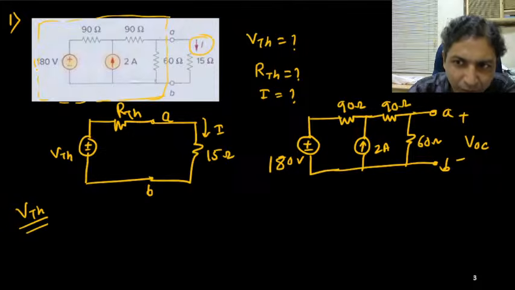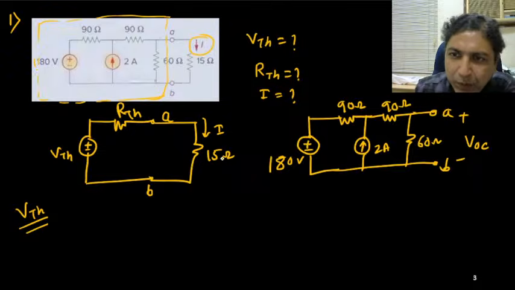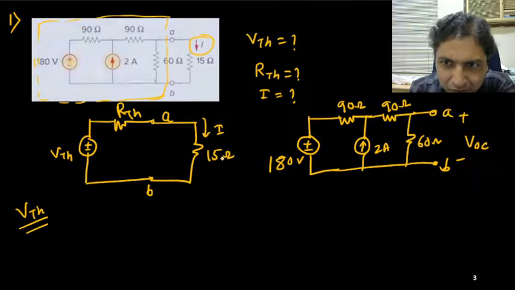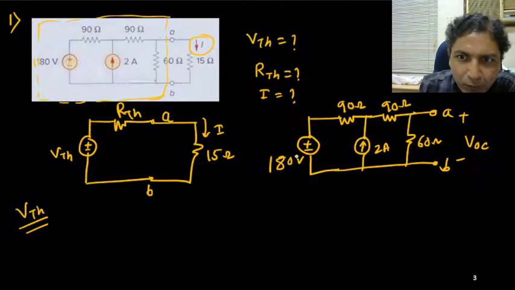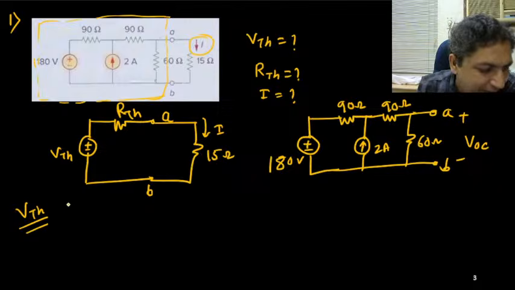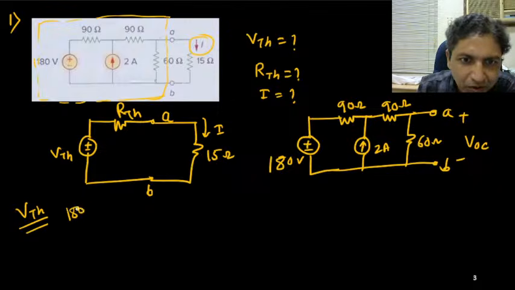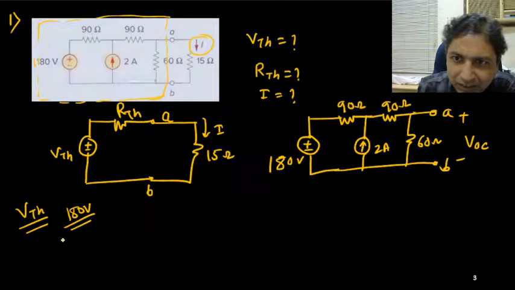It is open circuit voltage, you can find out. You can use source conversion to simplify the circuit, or you can use the other things like superposition principle. If I use superposition principle, so can you see this one? Suppose if 180 volt source is acting alone, 180 volt is acting alone,